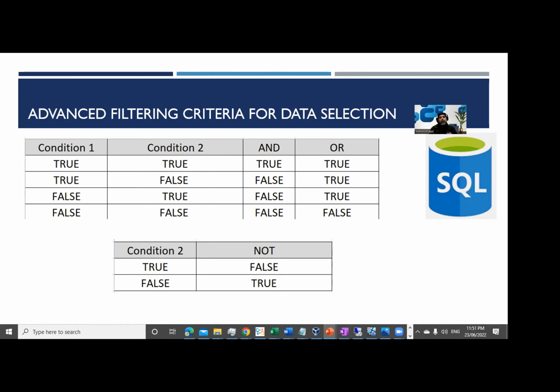But if we think that we need either of the conditions to be true, then we will use the OR condition. And obviously if both are true, in both scenarios, they're going to return us the true result. Because in every condition, like I mentioned last time, there are only two results. Either it's going to be true, which means the row is addressing the criteria, or it's going to be false, which means the row is not addressing the criteria, so it shouldn't be part of the final